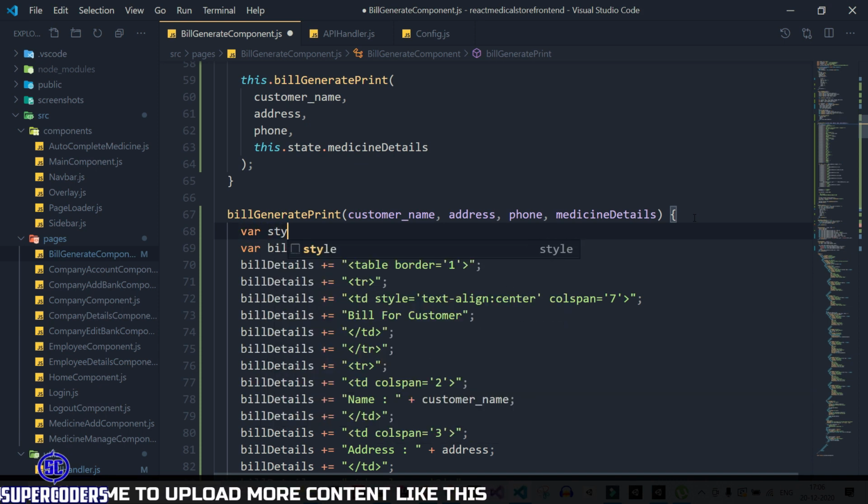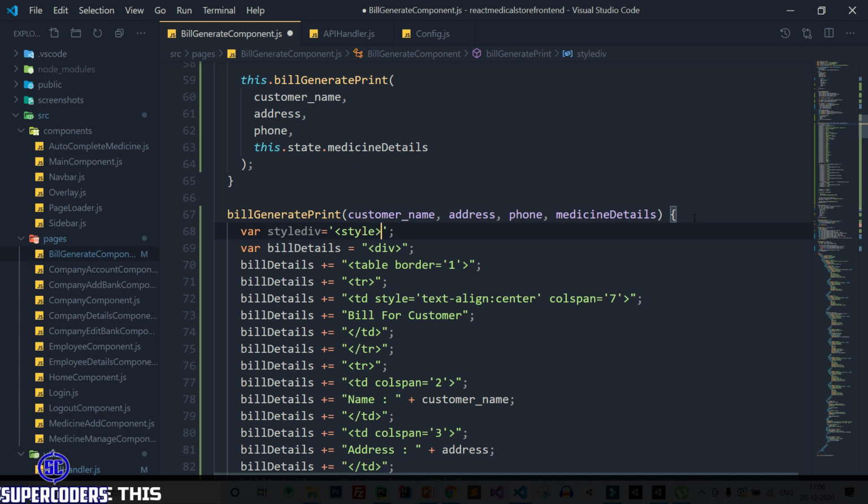So where style div equal to style table with 100% border collapse.